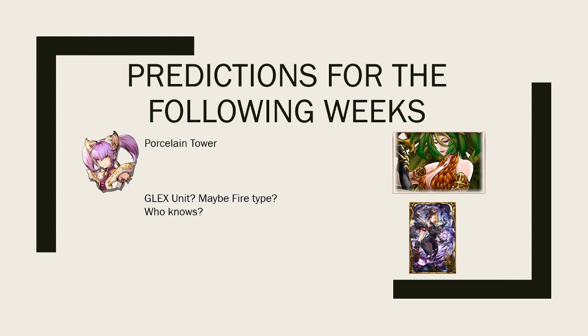But who can really know? I'm just guessing based on those assumptions. I could be wrong for all I know because none of this is guaranteed and I'm just speculating. Anyways, the week after Sakura comes out or the Tower, I would assume that the Siren Raid does come out because